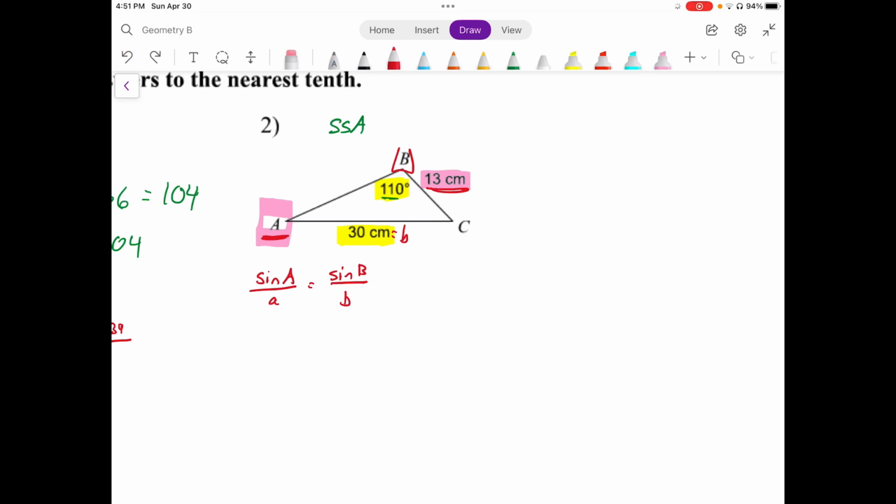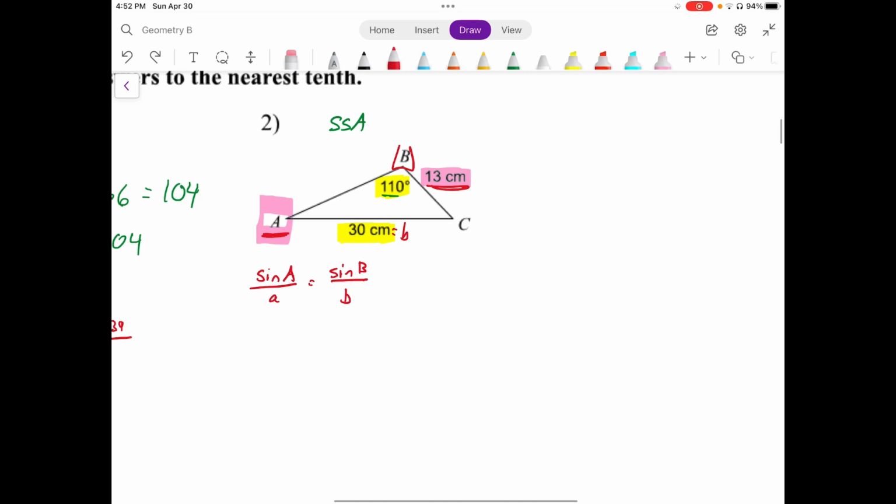So let's plug in. This is going to be sine of A over side A, which is 13, and that's going to equal sine of B, which angle B is 110, so sine of 110, over side B, which is 30. Notice here, to help us solve, we're going to multiply both sides by 13, which over on the left, that cancels. So we are left with sine of A